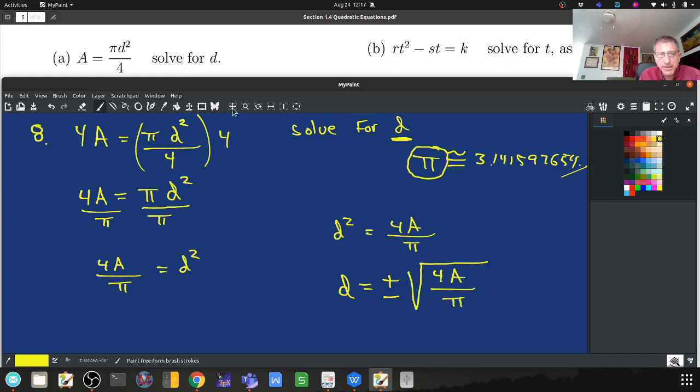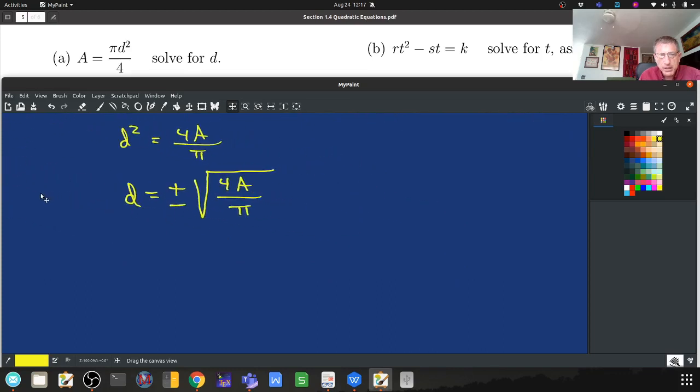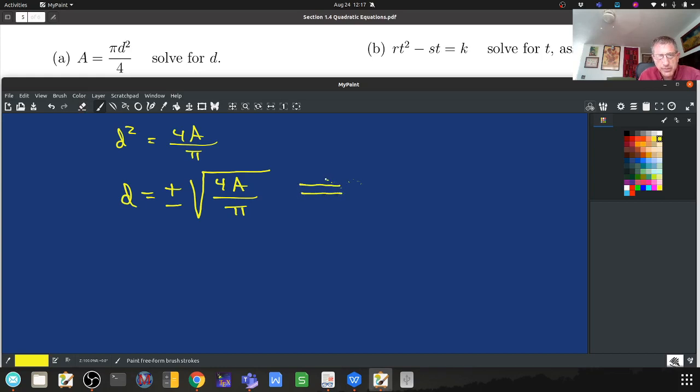This has a simplification. Using this implies that a, that's supposed to be a double arrow. Double arrow in math means implies. There. So this implies d is equal to plus or minus